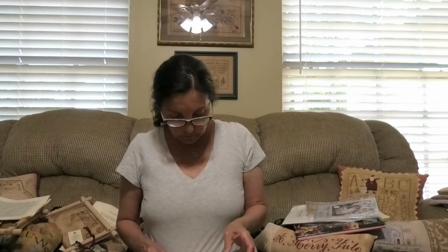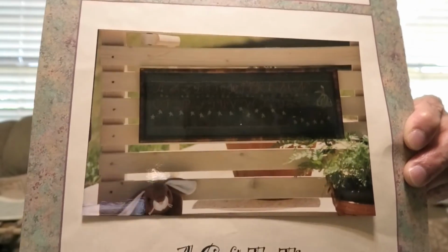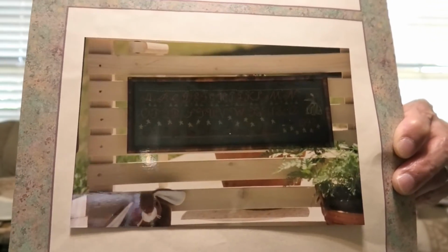That's a very beautiful sampler. This is Rabbit Works, called A Gift to Thee. I really love the green linen. I know it's a little shiny on there, but that's a very, very pretty little sampler. I don't think it's a reproduction sampler,